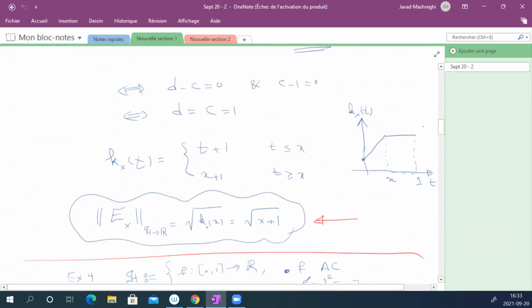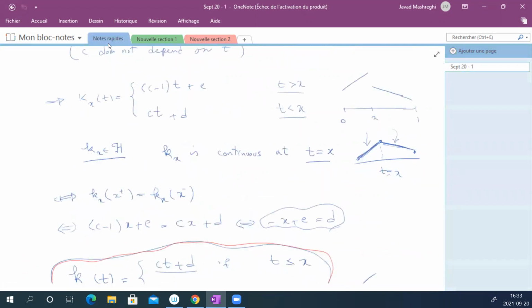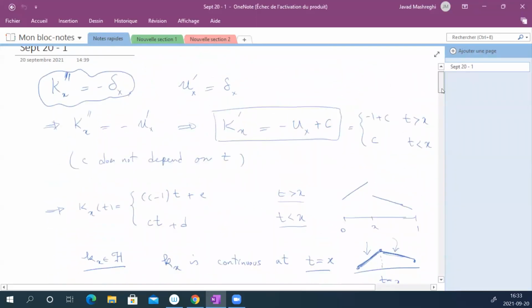Voila. That's the kernel for H, no restriction. T plus 1, X plus 1 is this kernel. And so with my new notation, I can say that this is KXH. And when I go back to the first example, it's